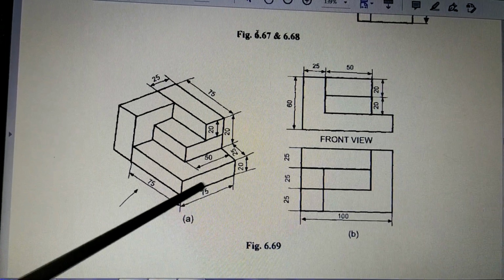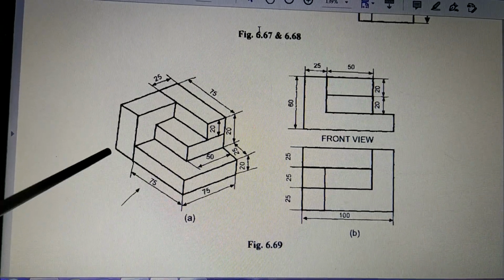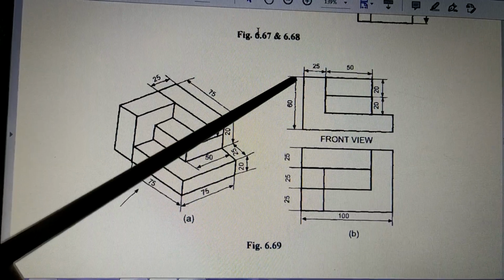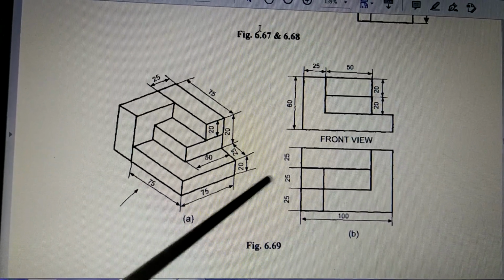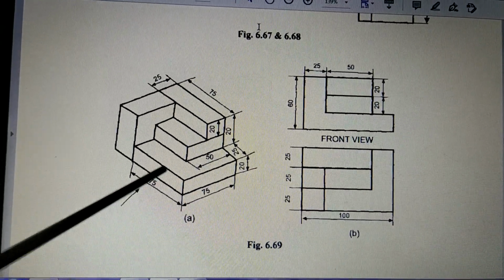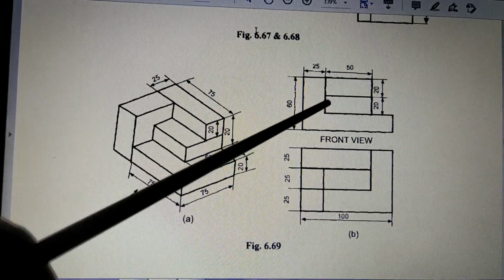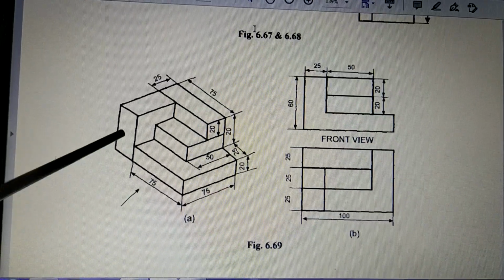So when you start here, when you draw the front view, this is taken as 100. So this line is this line. Then vertical 60 is vertical 60. And after that 25, 25. Then you come down, and on this side 20 here. So 20 here, then horizontal, come down from 25, and then you will be able to draw this shape. So this entire surface is this surface.